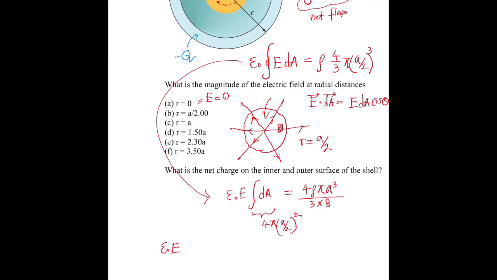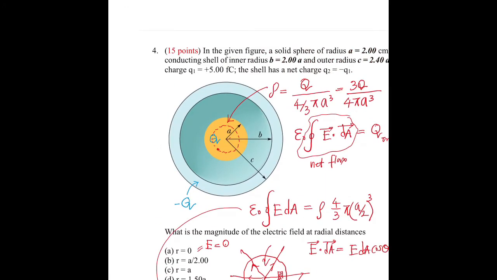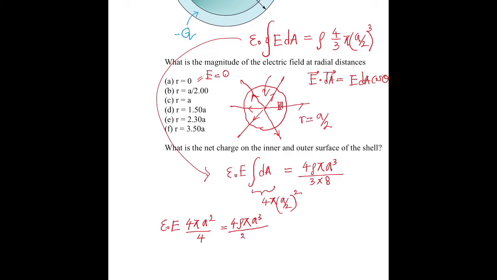Then I can write epsilon naught E times 4 pi A squared divided by 4 equals 4 rho pi A cubed divided by 3 times 8, that's 24. So we can cancel the common terms for both these terms, pi 4, here we have A squared, here you have A cubed. Then I can write epsilon naught times E divided by 4 equals rho A divided by 24. That gives electric field equals